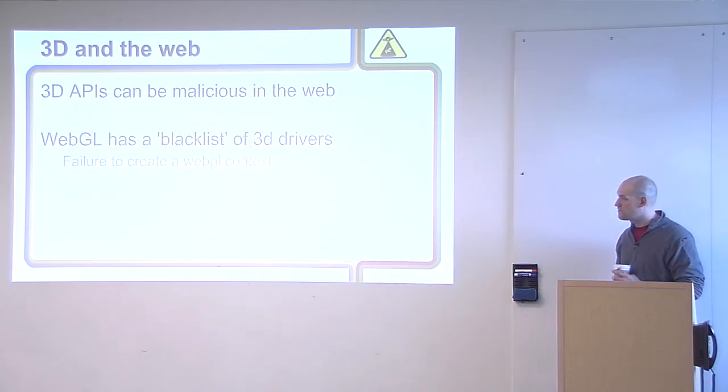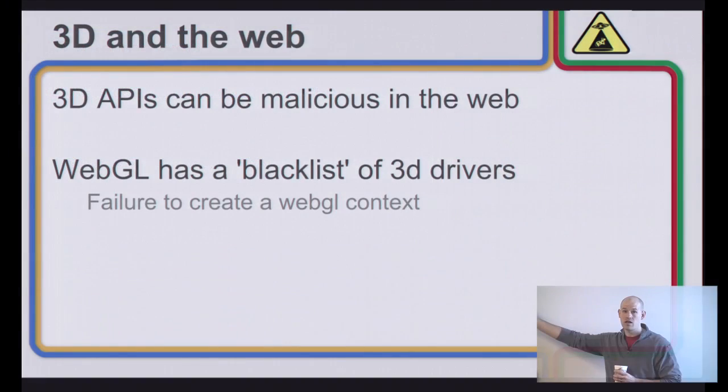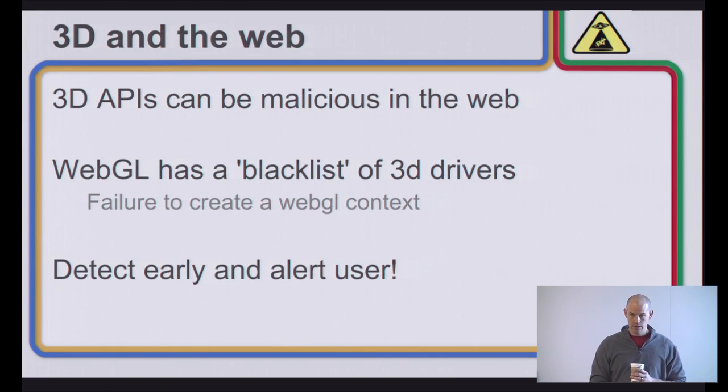To detect this, effectively what happens is you fail to create a context. That's the basic thing. The first thing you do in any OpenGL style system is you create a GL context. When that fails, it means one of two things: either the user doesn't have the proper hardware to run any WebGL or OpenGL, or the user has a set of blacklisted drivers. Your job is to detect this and respond very early, because I'll tell you, nothing's more annoying